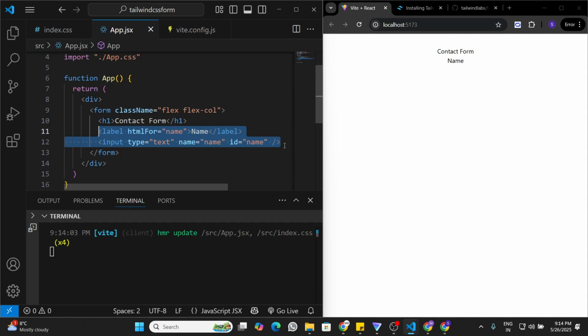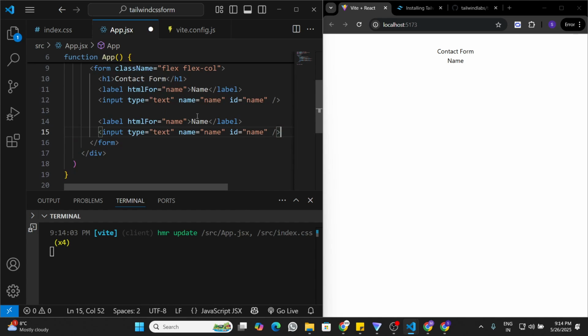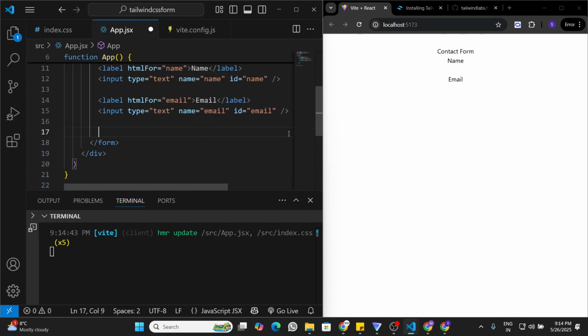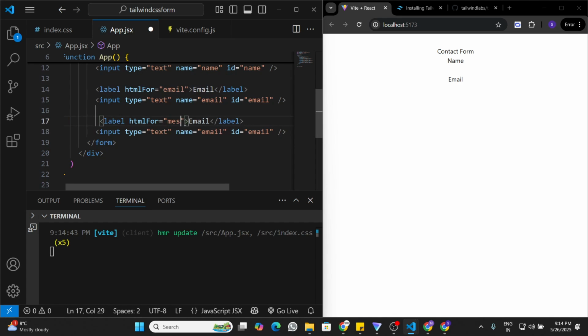And same way, I'm just going to copy this field and paste it a second time, and this time it's going to be email, and this is going to be assigned to the email, and name is going to be email, ID is also going to be email. So we got two fields now, and the third field that we are going to need is a message. So let's copy that again, and this is going to be message, and we are going to change everything to message,